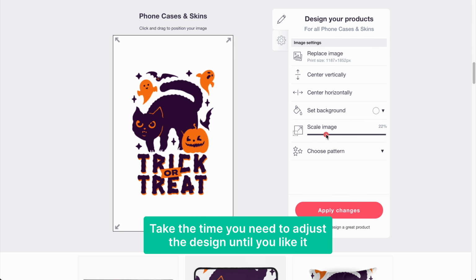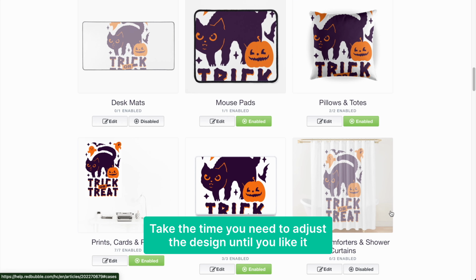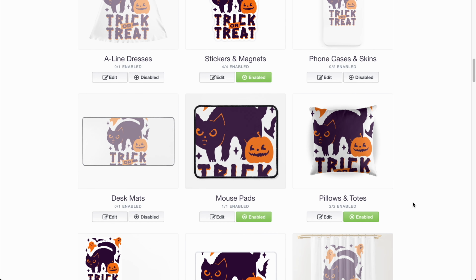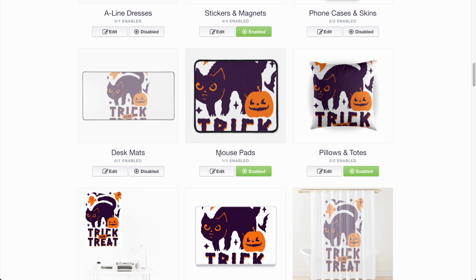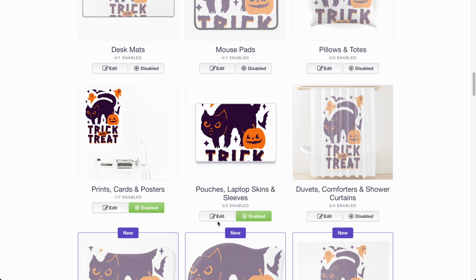I could keep going down. I could keep making it really small and making sure it's centered, apply it, and keep looking back to see if it's better. And so that looks like it's better, but then it doesn't really fill the whole space. So I think we might just disable this one. Things like desk mats, it's not going to work. Things like mouse pads, of course, we could get it to work, but we're going to make a couple different options. So let's just disable some of these, because we really want only the things that make the most sense,